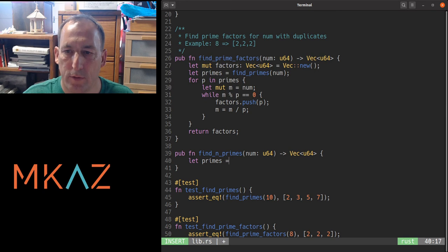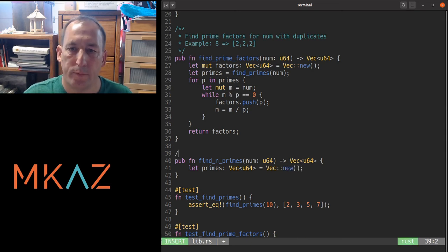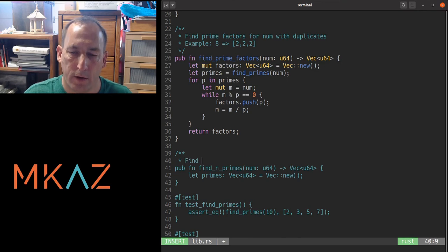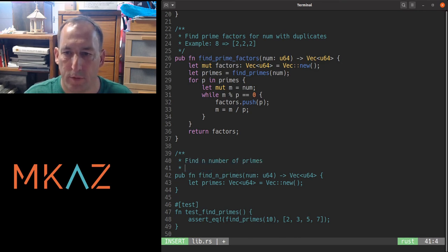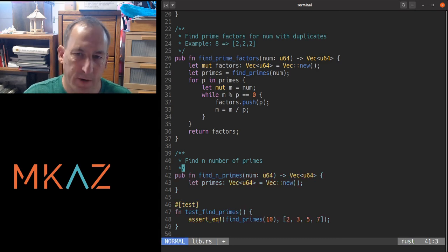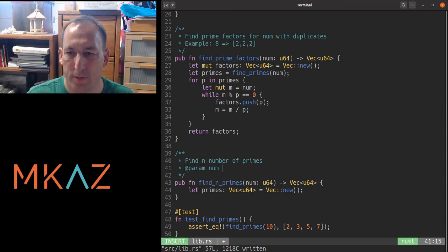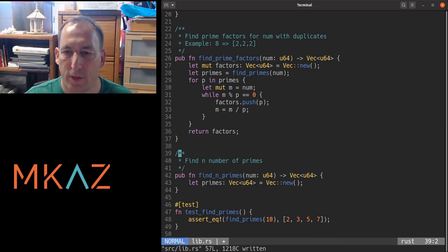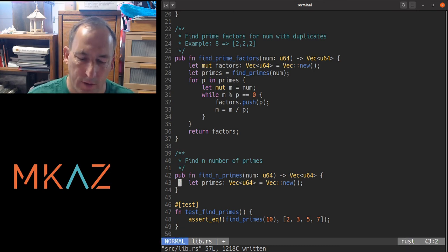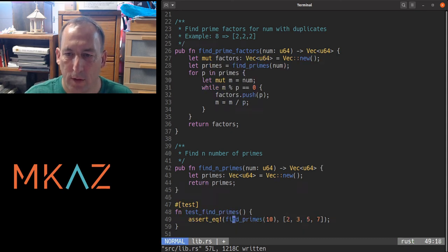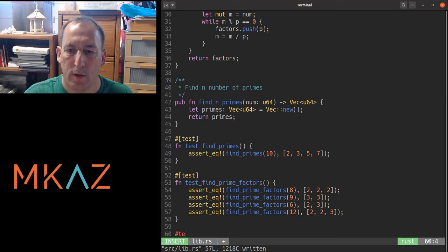let primes equal our vector that we're going to return, and init that. Find n number of primes. I don't know the proper documentation for that, so that might be worthwhile to do. We'll do that in the next one because we actually made a library. But there should be like a param num and then say what it is. I don't know how all that works for Rust. We'll save that for another time. Return primes. And now we want to test